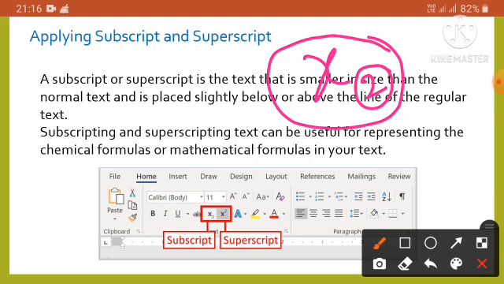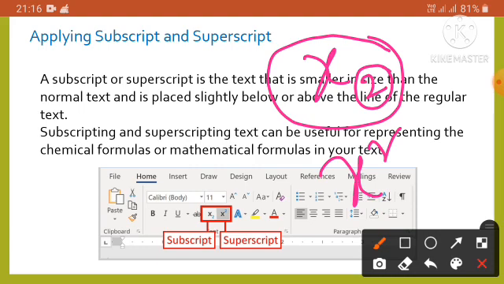If I talk about the superscript, it will be like that. It will be above the regular text. So in subscript the selected text or character is placed slightly below the line of the regular text, and in superscript the selected text or character is placed slightly above the line of the regular text.